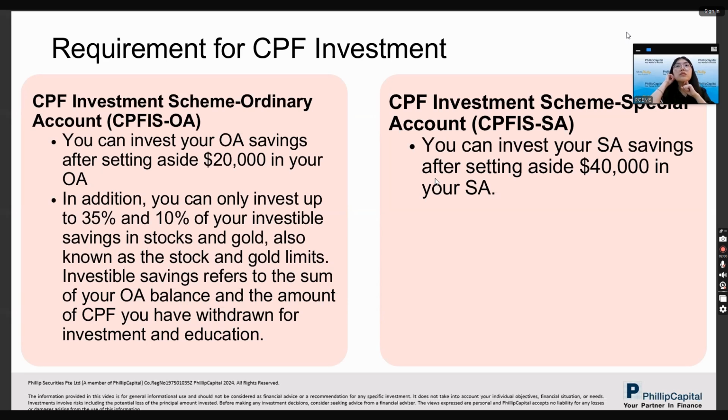So if you want to know your holdings, for example unit trust, you need to check with the agent bank. But if you invest using our account,